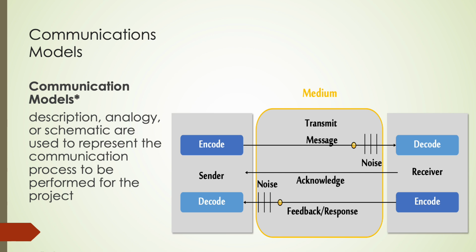In addition to sending messages, communication models emphasize feedback, where the receiver responds, confirming whether the message was understood as intended. Feedback also travels through the medium and is similarly susceptible to noise. By acknowledging the message and providing a response, communication becomes a dynamic, two-way process rather than a simple transmission. Understanding these elements, encoding, decoding, medium, noise, and feedback, helps improve clarity, reduce errors, and foster stronger interactions.